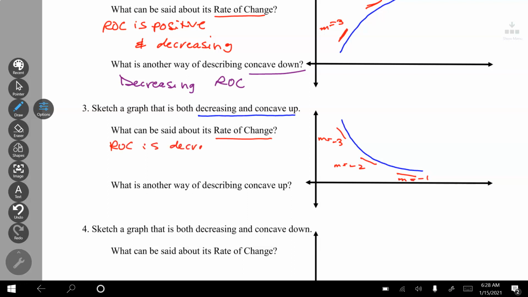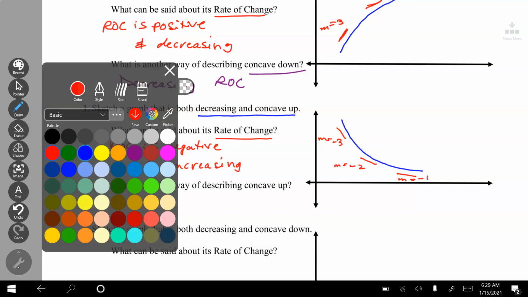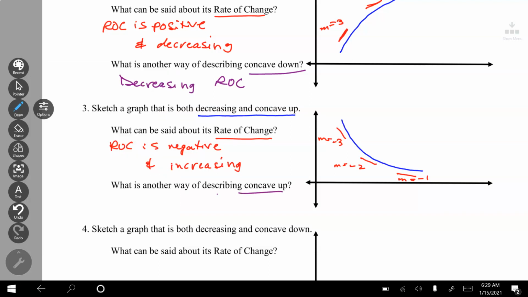Okay, so obviously the rate of change is negative. Those are all negative numbers, and because it's decreasing, the slopes have to be negative, going downhill, and these values from -3 to -2 to -1, they are increasing in value. So another way to call concave up, again, is still increasing rate of change. For something to curve up, these slope values, these rate of change values, have to be increasing